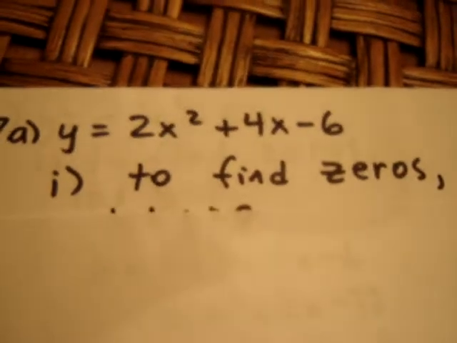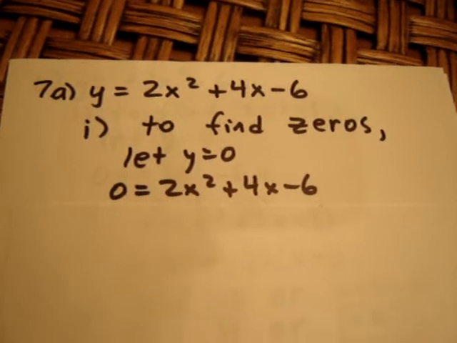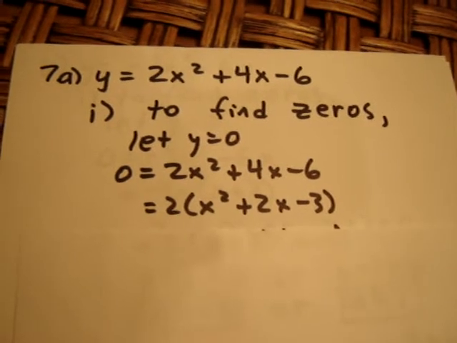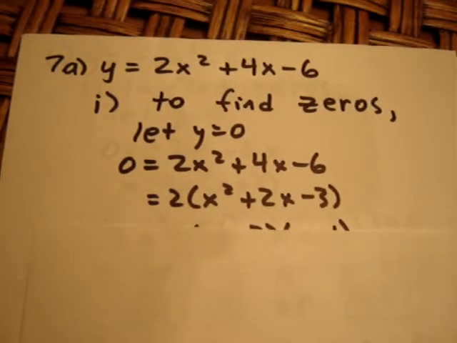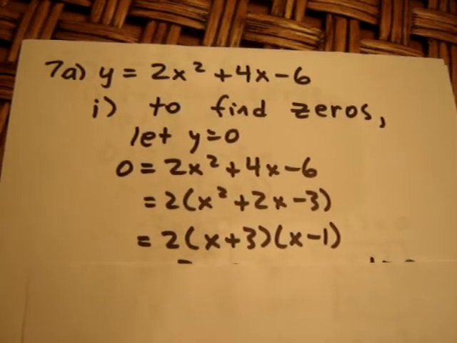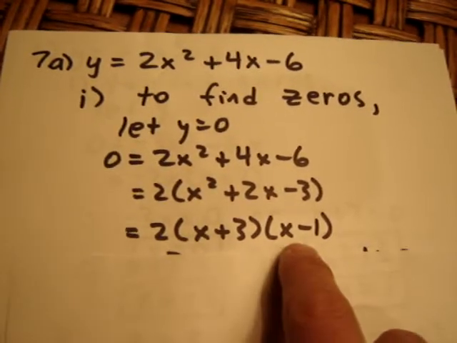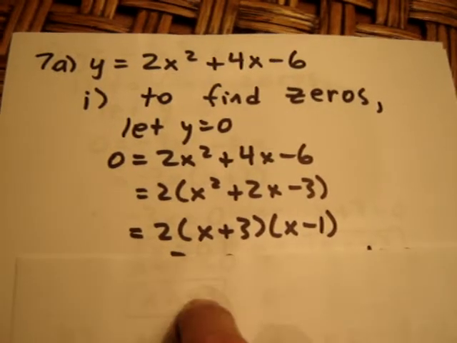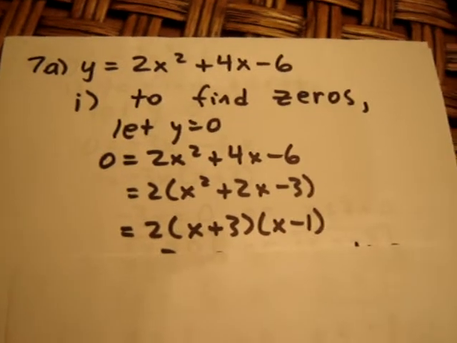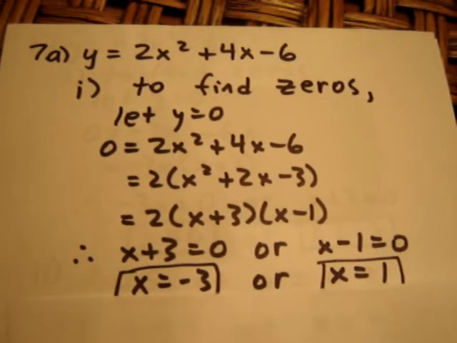Well, we begin in step 1 by finding the zeros. So we let y equal 0 and we get that 0 is 2x squared plus 4x minus 6, which means if we can common factor out the 2, we'll be left with x squared plus 2x minus 3. And then we'll have 2 times a factor of x plus 3 times a factor of x minus 1. Now since 0 is equal to these three factors multiplied by each other, then one of these three factors has to equal 0. Since 2 can't equal 0, then x plus 3 equals 0, or x minus 1 equals 0. So if x plus 3 equals 0, then x is negative 3, and if x minus 1 is 0, then